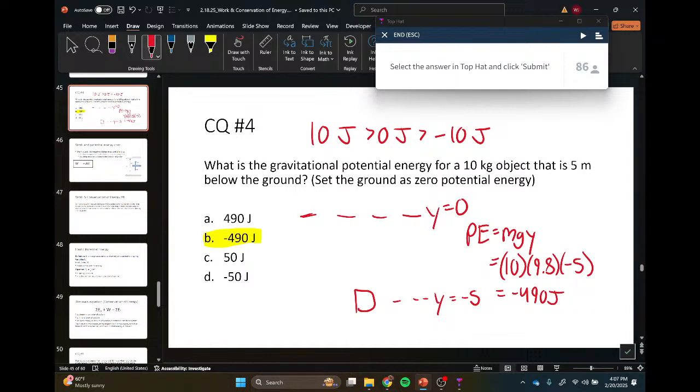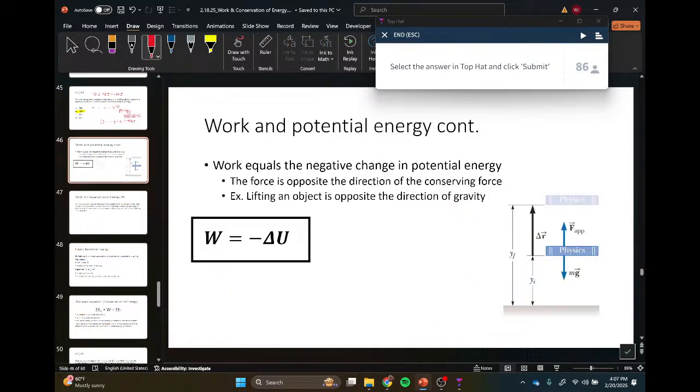All right, so this next slide I'm going to show you, and then I'll show you where it comes from and the purpose of it, and then we'll move on. So you all actually already showed this, that work equals the negative change in potential. And if you're wondering when that happened, you all came up with the following equation. This was one of the previous questions. I said, hey, what's the change in potential energy if I lift something upwards? If you all just rewrite this,